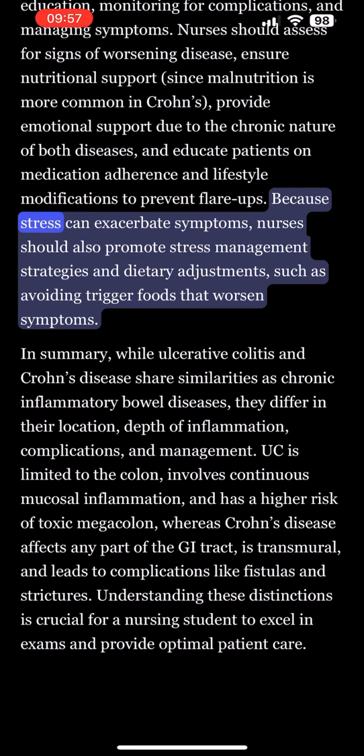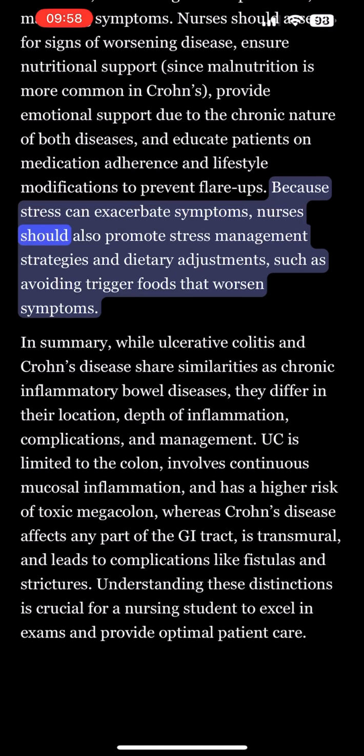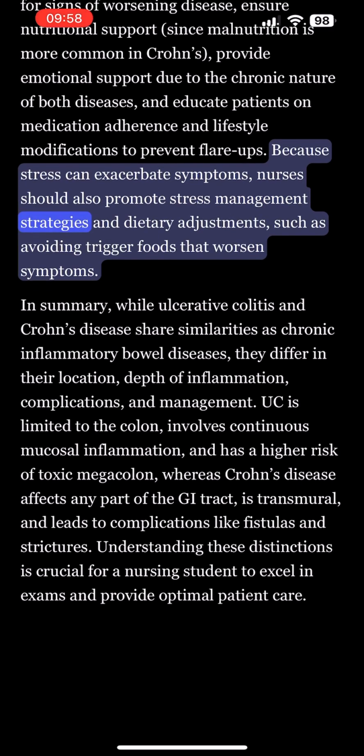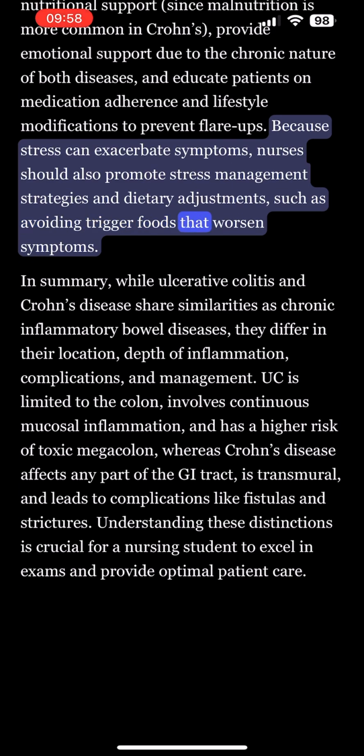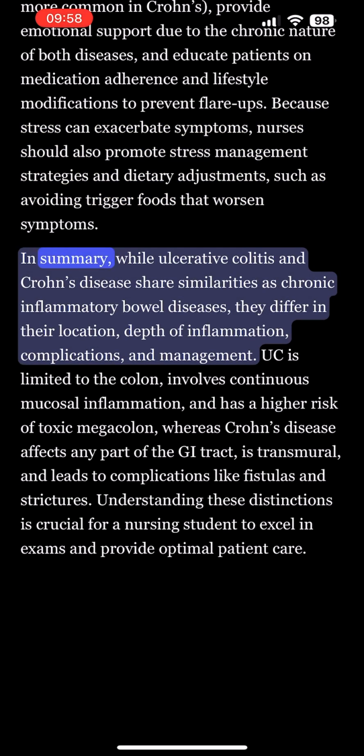flare-ups. Because stress can exacerbate symptoms, nurses should also promote stress management strategies and dietary adjustments, such as avoiding trigger foods that worsen symptoms. In summary, while ulcerative colitis and Crohn's disease share similarities as chronic inflammatory bowel diseases, they